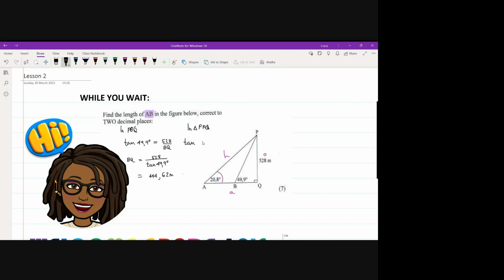So tan of 20,8 degrees is equal to 528 over AQ. If I cross multiply, AQ is going to equal 528 over tan of 20,8 degrees. And the answer I should get there,